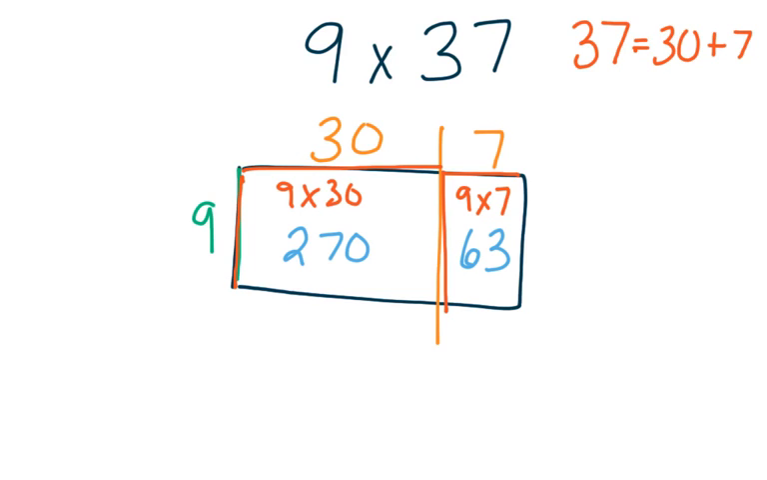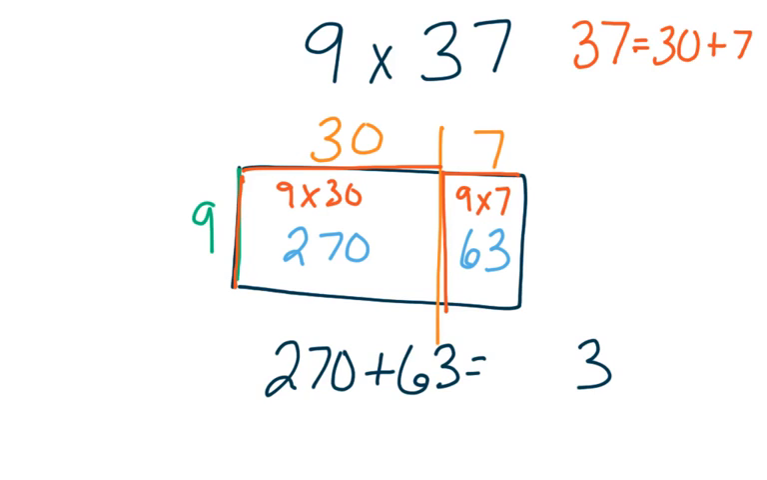All I have left to do is add those two pieces together. I have 270 plus 63. I'm going to go ahead and add. I'm going to get 3 in my ones place. I'm going to get a 3 in my tens place. And I'm going to get a 3 in my hundreds place. So my answer is